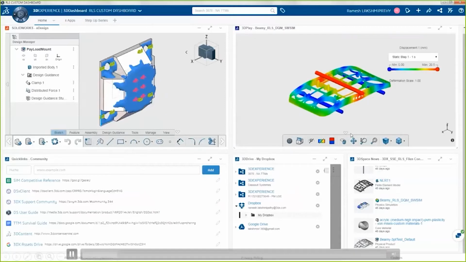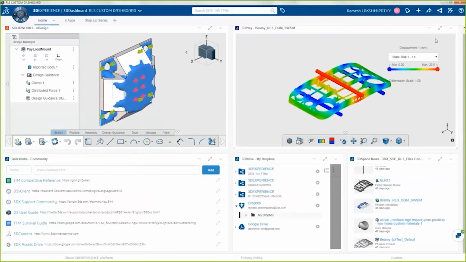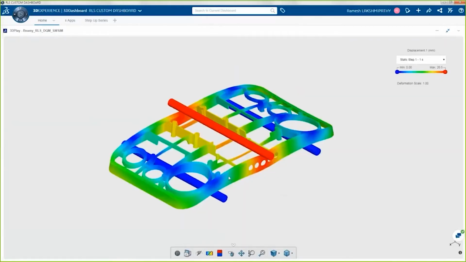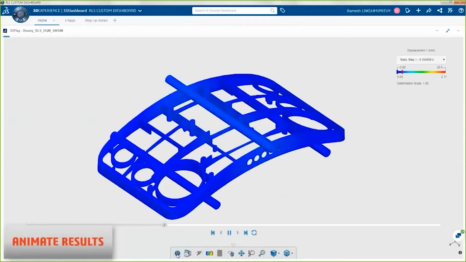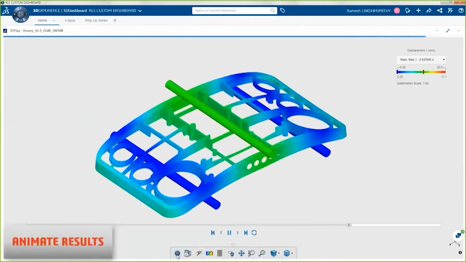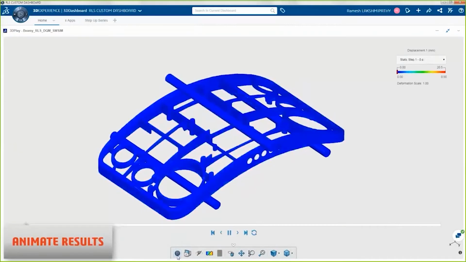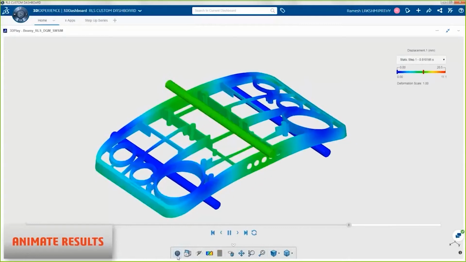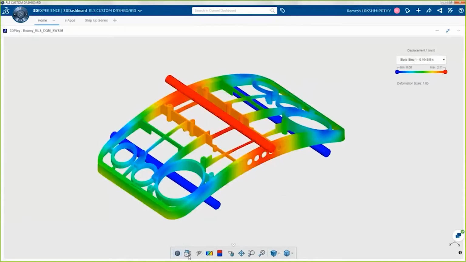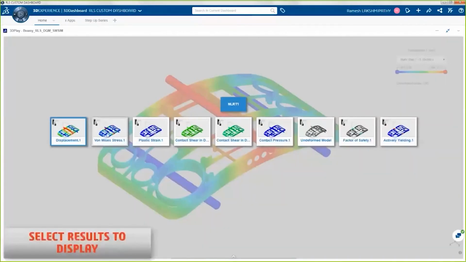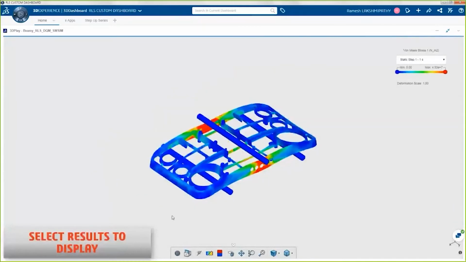You can have our design tool XDesign as a panel as well, and you can have 3D Play, which allows you to save your plots, your result plots, and animation results, and you can access these at any time. So if you want to view your simulation results, you don't have to open up or reopen your simulation analysis. All you need to do is just access 3D Play to view all the different animations and